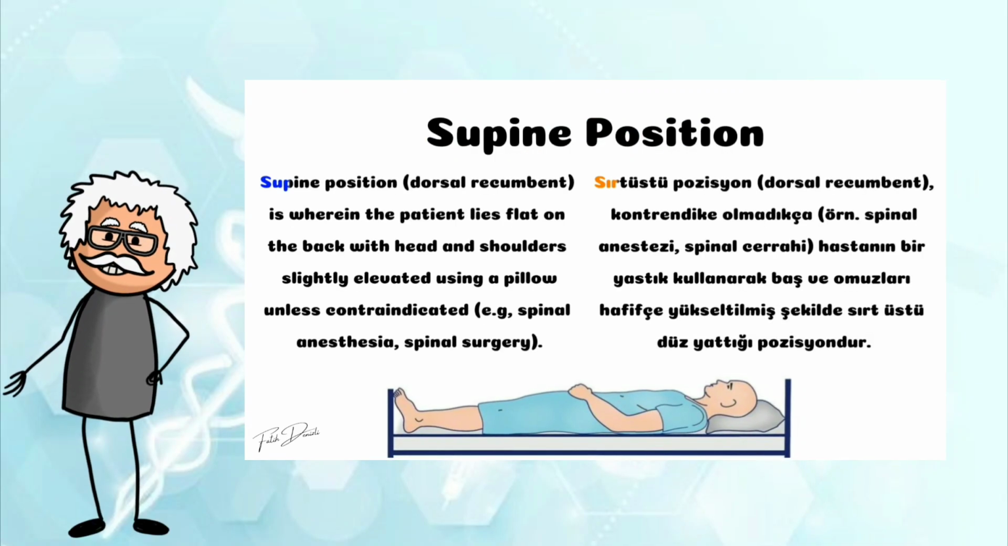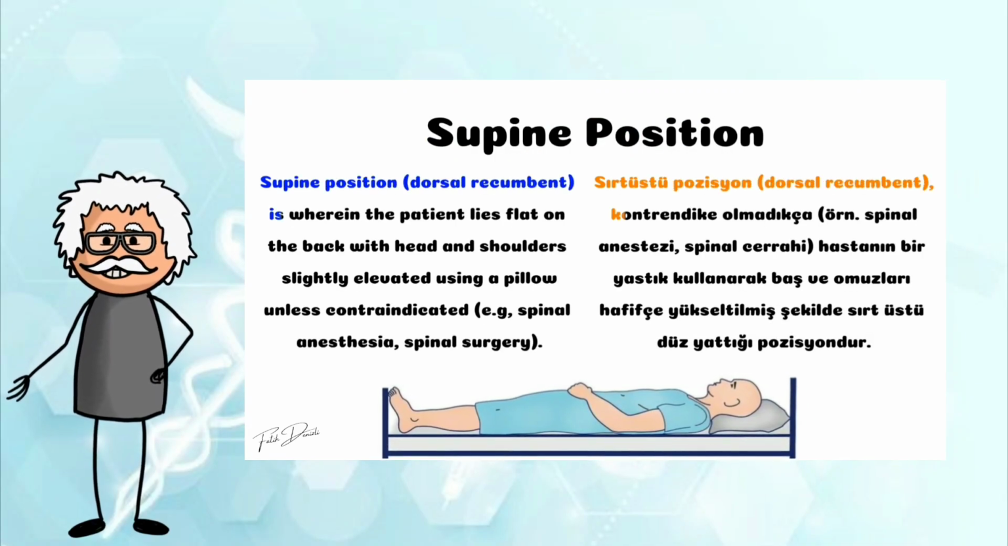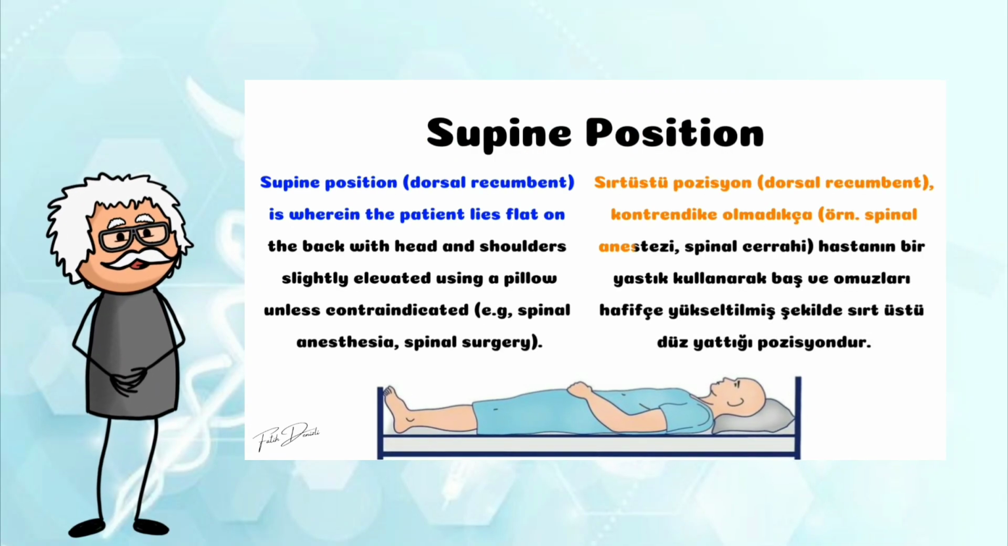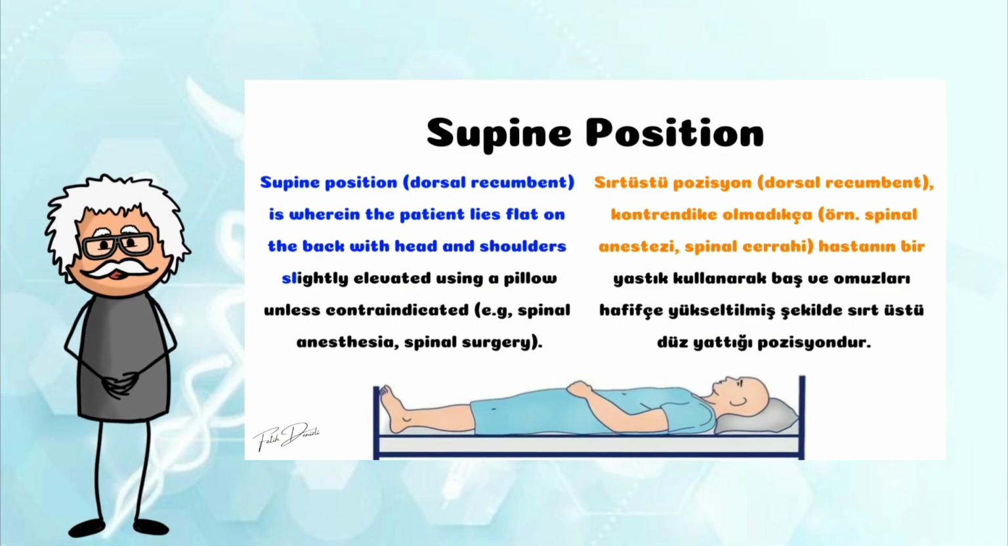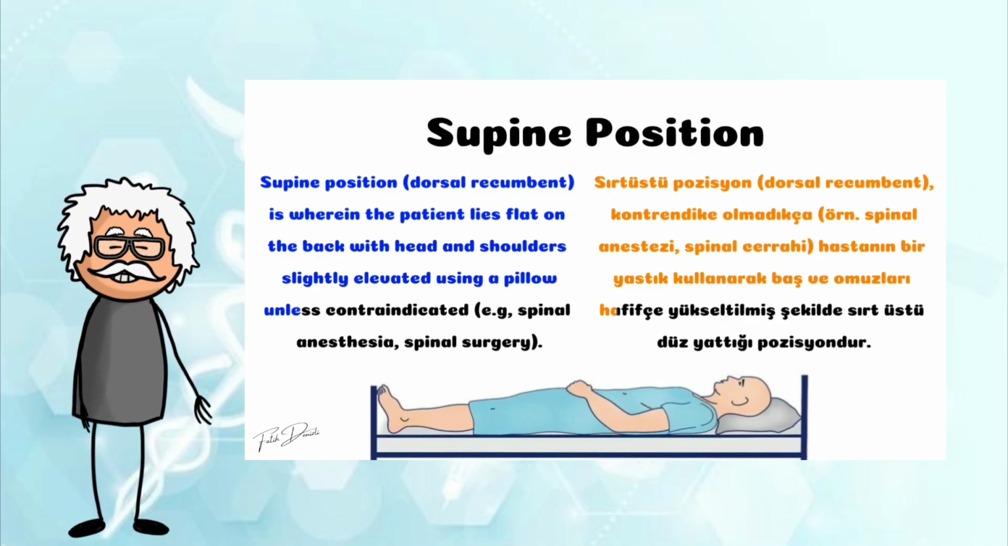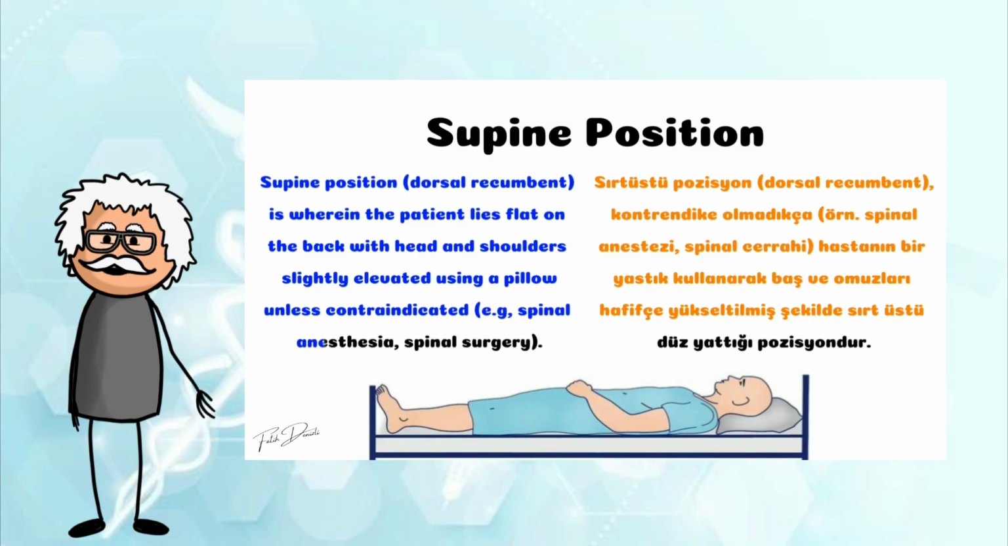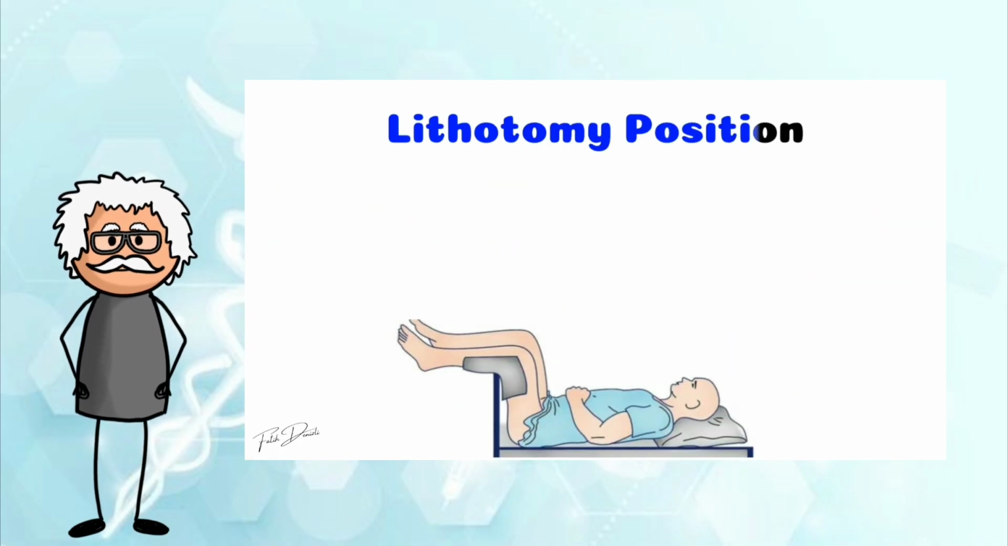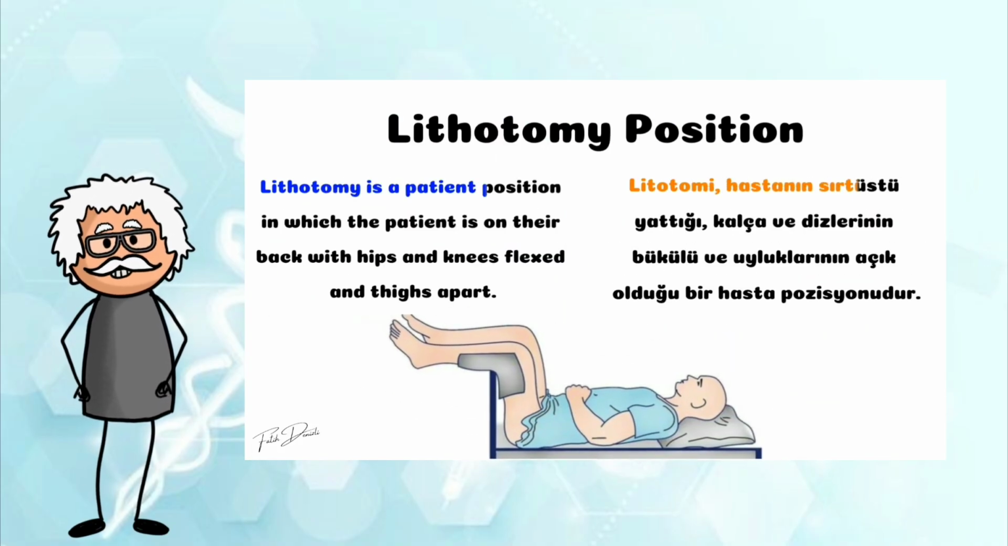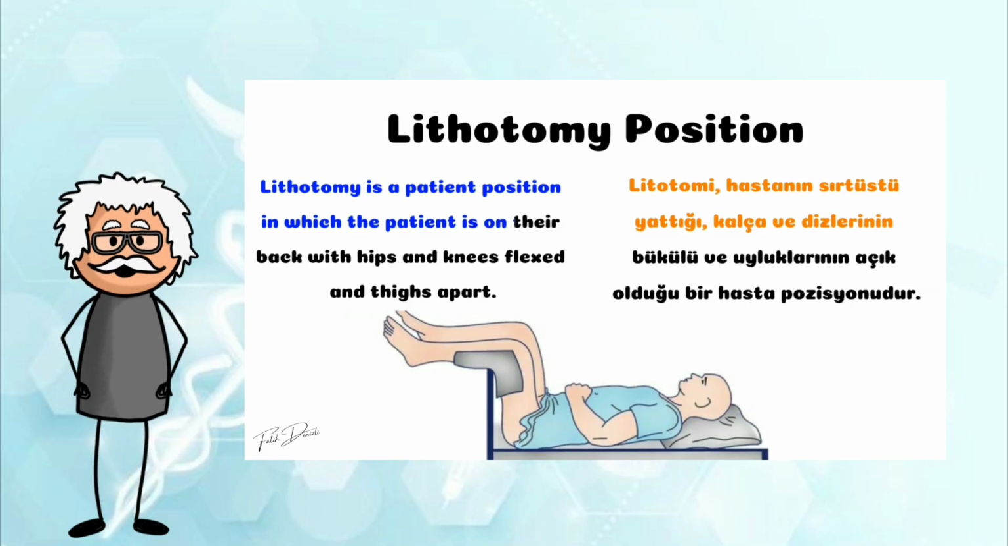Supine position. Supine position, dorsal recumbent, is wherein the patient lies flat on the back with head and shoulders slightly elevated using a pillow, unless contraindicated, e.g. spinal anesthesia, spinal surgery. Lithotomy position. Lithotomy is a patient position in which the patient is on their back with hips and knees flexed and thighs